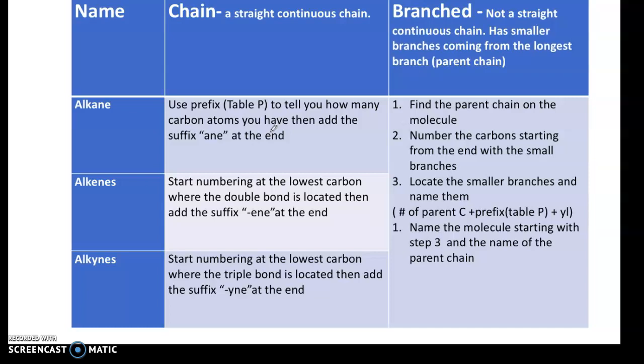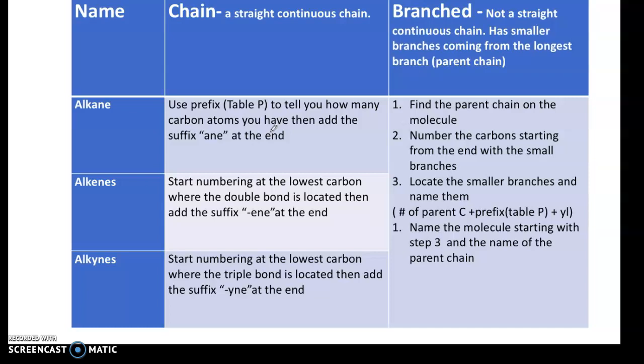However, today I want to focus on not the chain. We're still focusing on a chain, but we're no longer focusing on a straight chain. We're focusing on branch chains, right? Branch chains just basically means that the carbons are no longer going in the same direction. There is another carbon that's branching off from the main line. The main line is known as the parent chain. The parent chain is the longest amount of carbons you have in a direction. Anything that stems off of it,